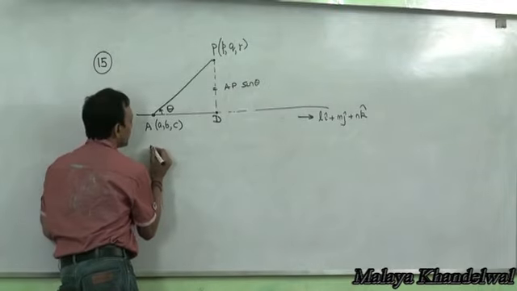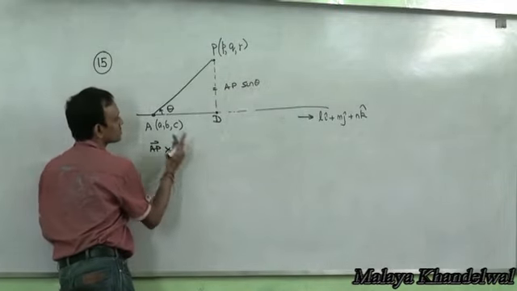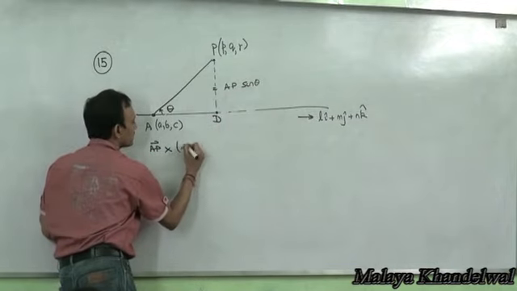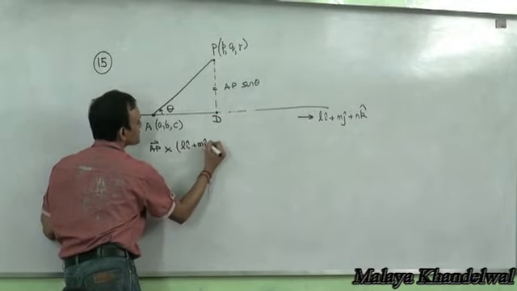And the vector AP cross a unit vector along this, that is Li plus Mj plus Nk,